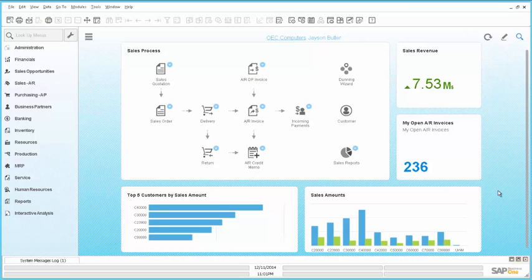Hello and welcome to the session about the Workbench editor. In this session I would like to show you this new tool, where to get it and how to work with it. So first of all, we take a look here at the SAP Business One version for SAP HANA